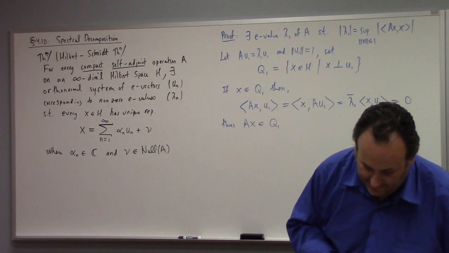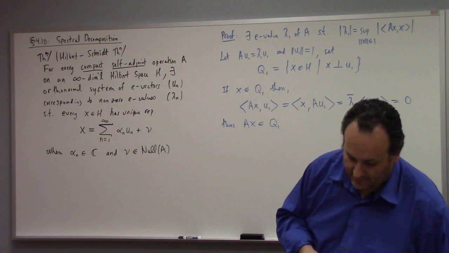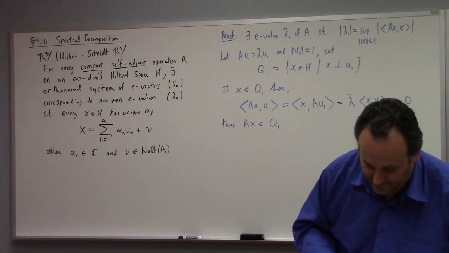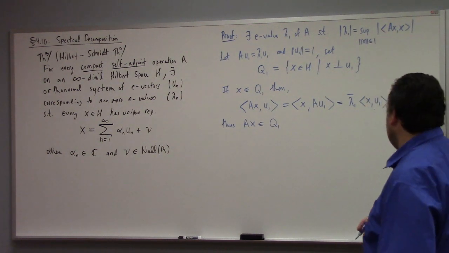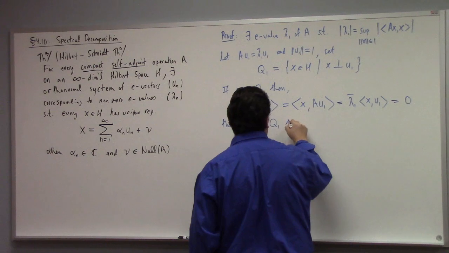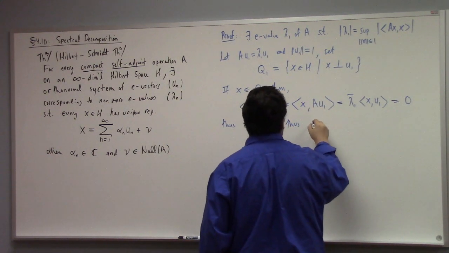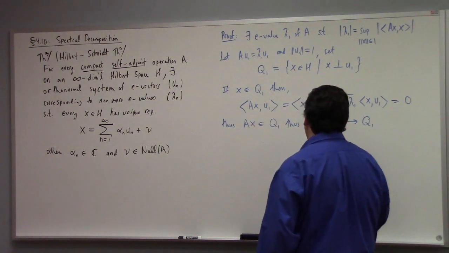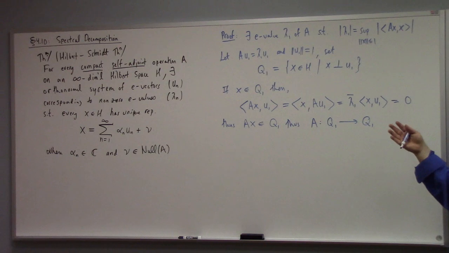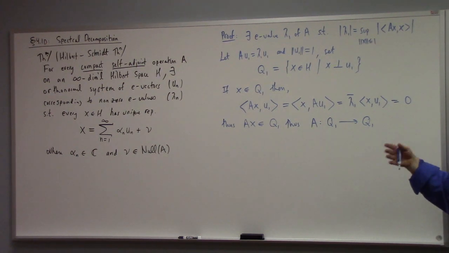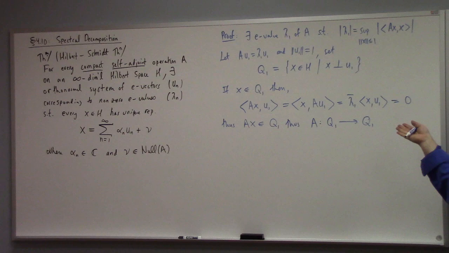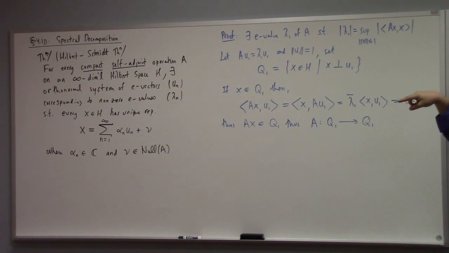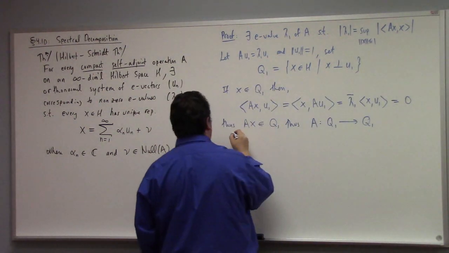And that means we can apply the corollary and the theorem that started the proof once more to get an eigenvalue lambda 2, right? So in other words, you can look at A as a mapping from Q1 to Q1. Well, A is not that mapping, technically speaking. It's a restriction of A that we're talking about. But with respect to that restriction, it's the restriction of a self-adjoint operator, and as such, we can apply the initial step again. And so there exists an eigenvalue lambda 2